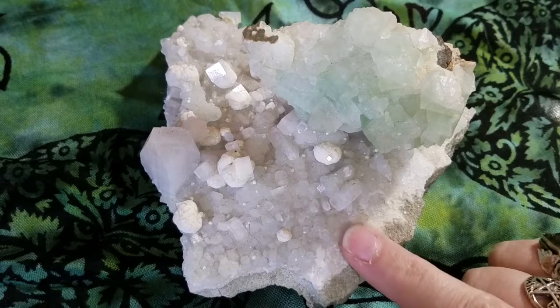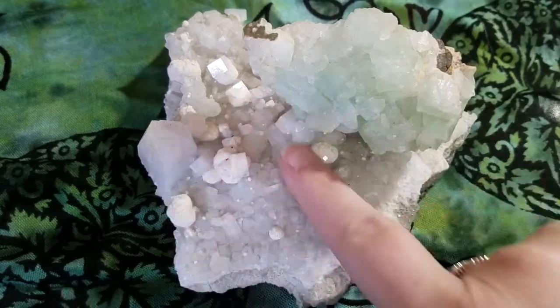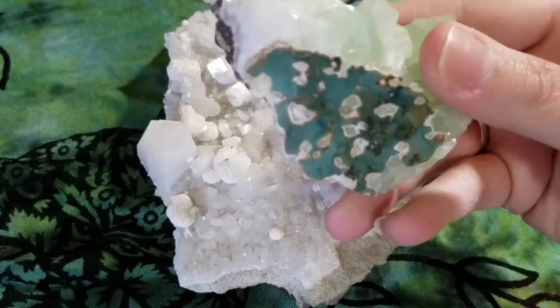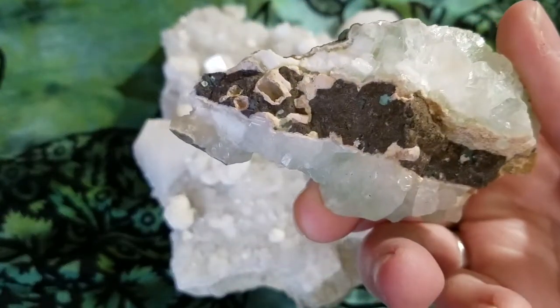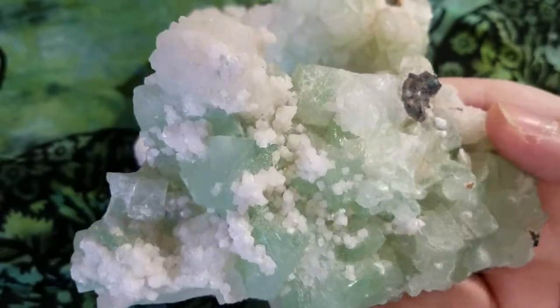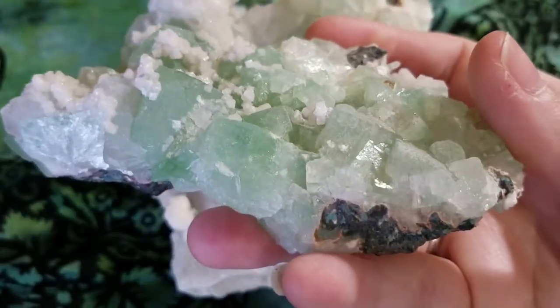This one, you can barely tell it's green, but you can see that it's a mixed mineral. It's got other minerals in with the apophyllite. This one has more of a green tone to it. You can kind of get an idea of what it looks like. This one is my best one though. It is also a mixed. You see all the little puffy white pieces and this big white crystal right here. But it's definitely a beautiful green